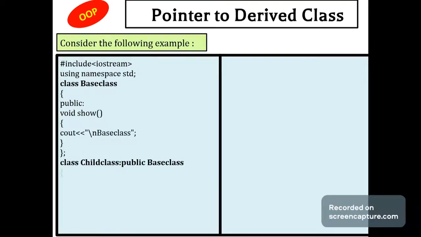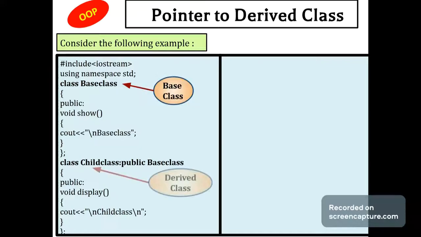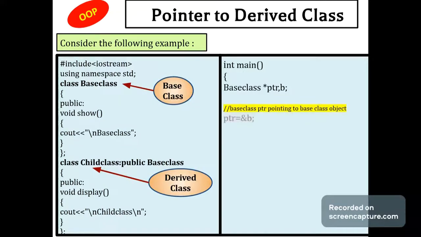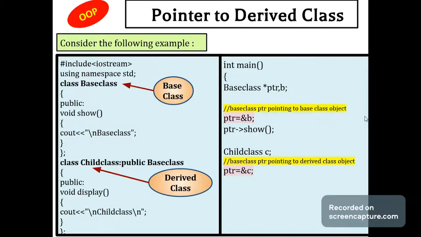Here you have the same concept, same program, base class and derived class, but see now I am making a base class pointer point to the derived class object, ptr is equal to ampersand C, and I want to access the member display through this base class pointer. तो अब आप इसको क्या करोगे, cast करोगे. This is known as casting, conversion of one type to another type, as we had seen in the previous lecture. Show function को access करने के लिए cast करने की जरूरत नहीं है, क्योंकि show function is a function of base class and ptr is also a pointer of base class.